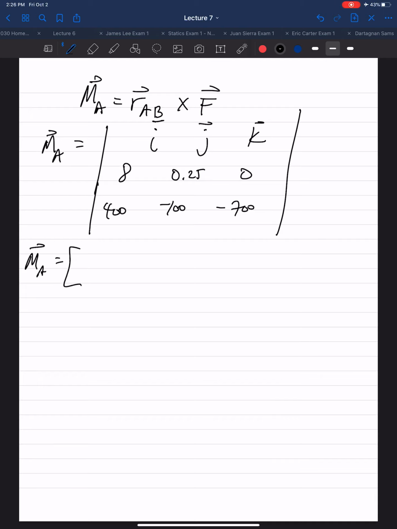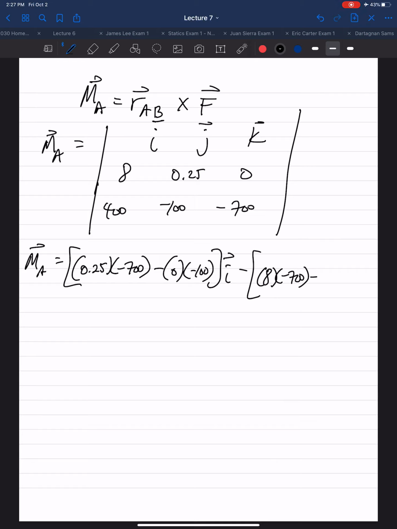So remember for i, we ignore the top row in the first column. And this will be 0.25 times negative 700 minus 0 times negative 100, i. And we always minus the second term for j. So this time we're ignoring the top row in the second column. So it'll be 8 times negative 700 minus 0 times 400,